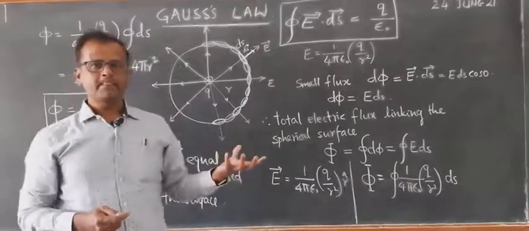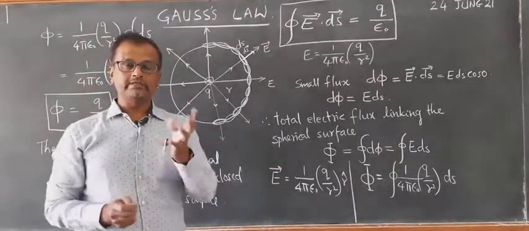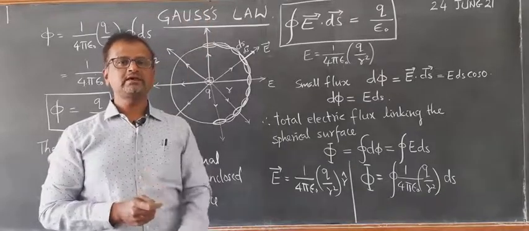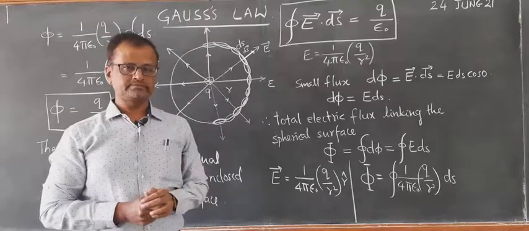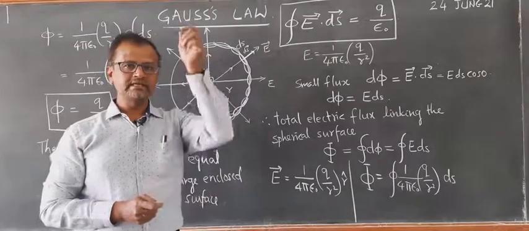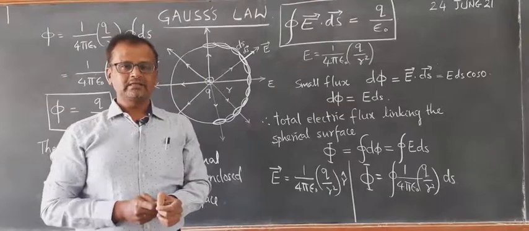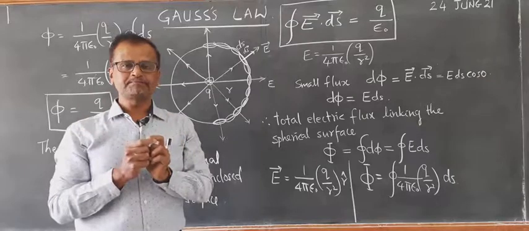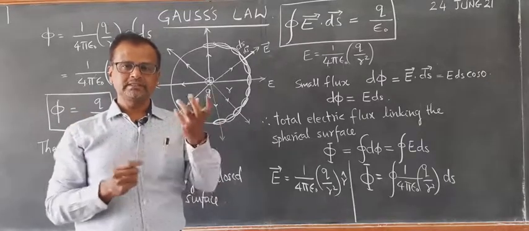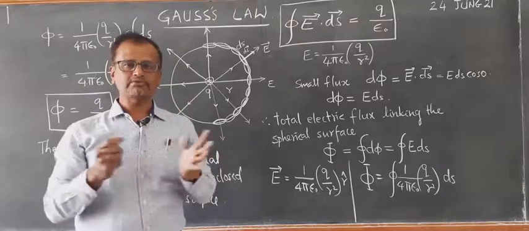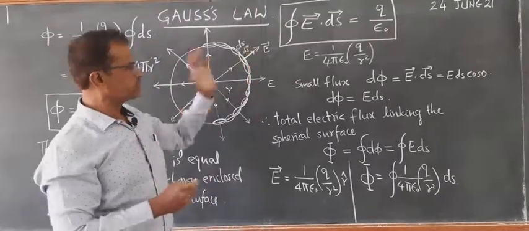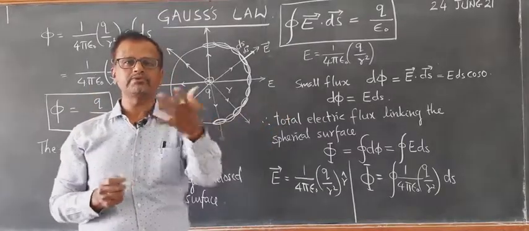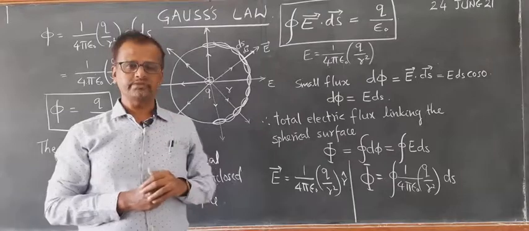Now, this Gauss law helps us to calculate the electric field due to linear distribution of charge along a straight conductor. If there is a linear charge density, we can calculate electric field due to linear charge density at any point in space using Coulomb's law also, but it involves a complex process of integration. If we use Gauss law, the calculation becomes very simple. That is the application of Gauss law, which we are going to see in the next videos.